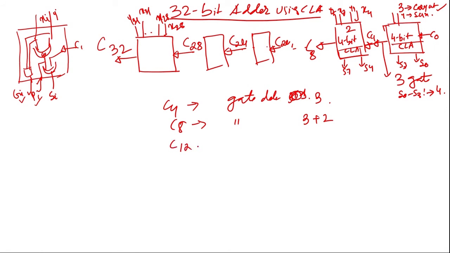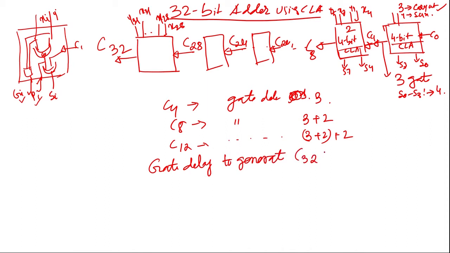Similarly, C12 gate delay will be 3 plus 2 plus 2. So, therefore, the gate delay to generate C32 will be equal to 3 for the first one